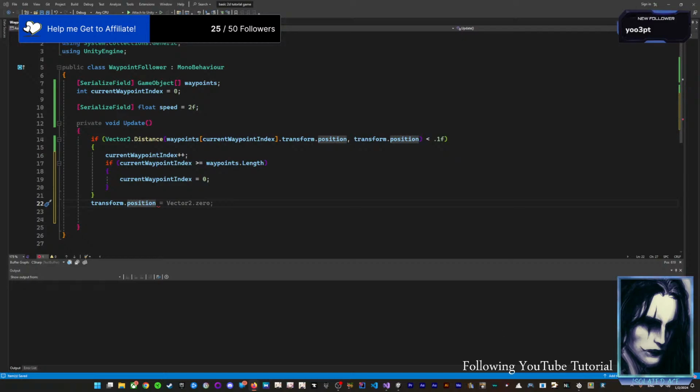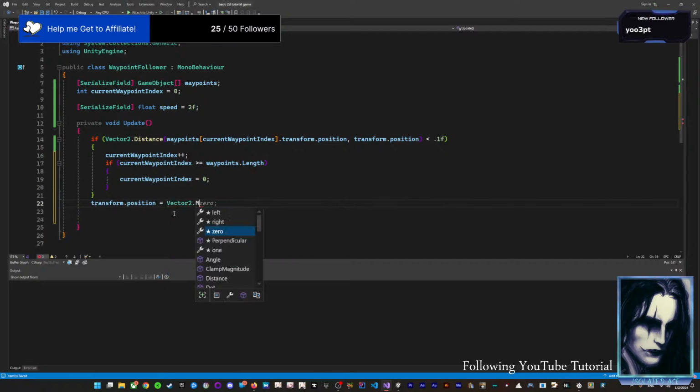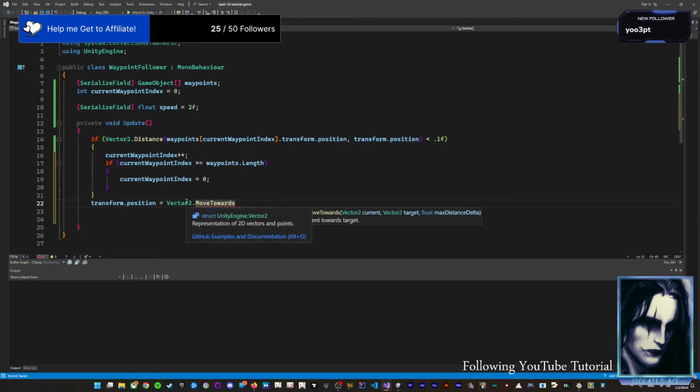And the first argument here is the current position, which again we get the transform platform directly frame for frame. So we want to set the transform position of this platform object directly. And to calculate this new position, we have a nice helper method, which is